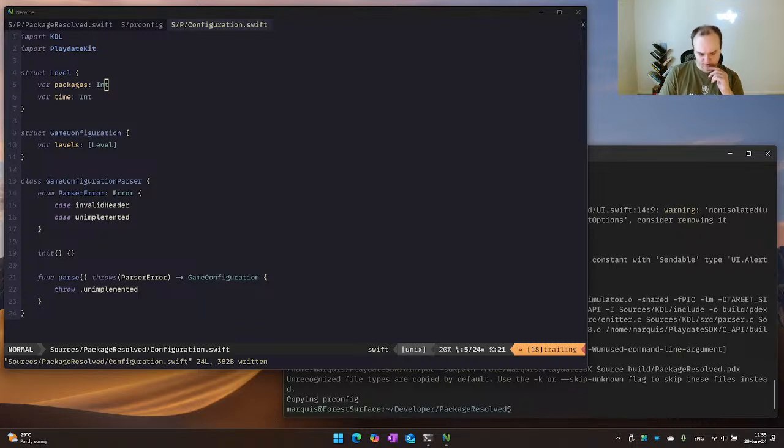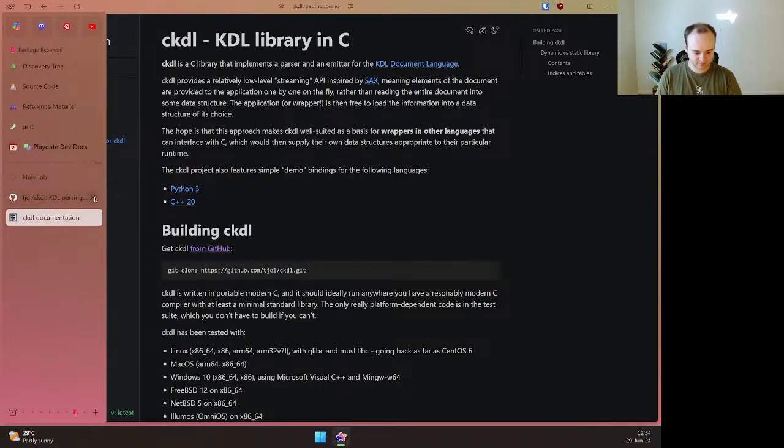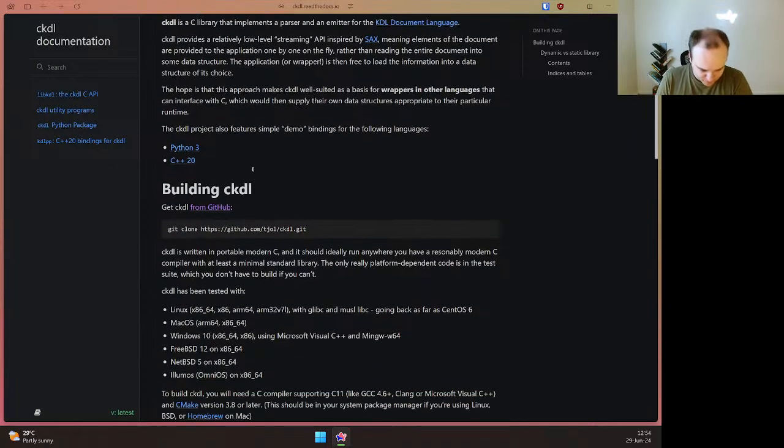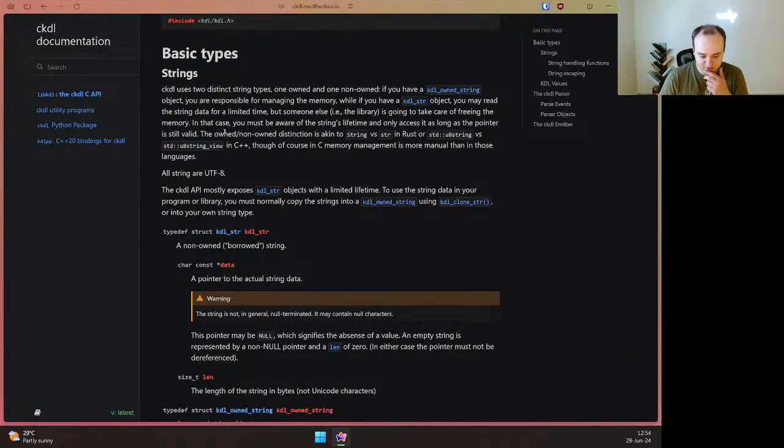Let's bring up CCuddle. Every time I search for this, I get everything except the library I'm looking for. Lovely. Okay. So, libcuddle, this is what we actually need to work with here.